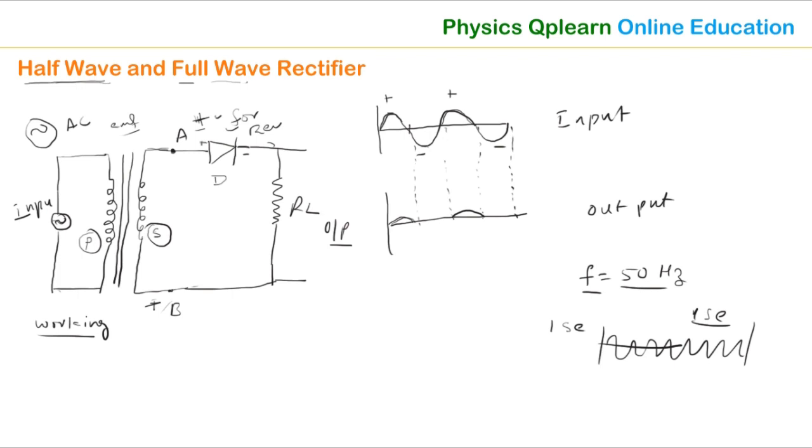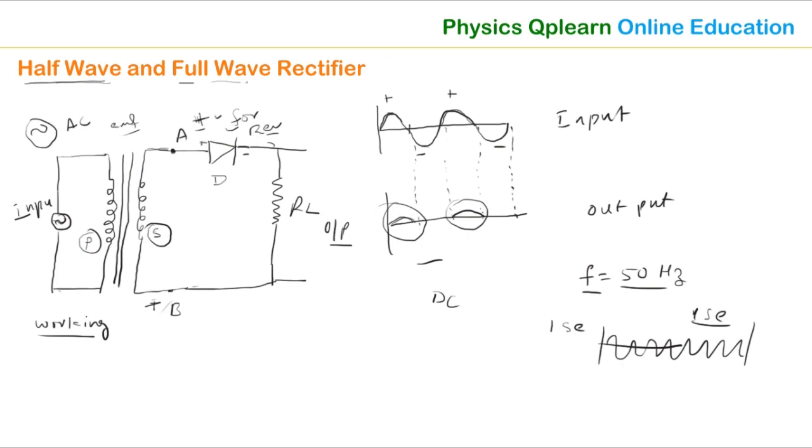Again, in the next negative cycle, the AC input will become negative and the diode is set into reverse bias. At that time the diode won't conduct, which means the negative cycle is missing and no conversion takes place for the negative cycle. So only the positive half cycles, here, here and here, are converted into